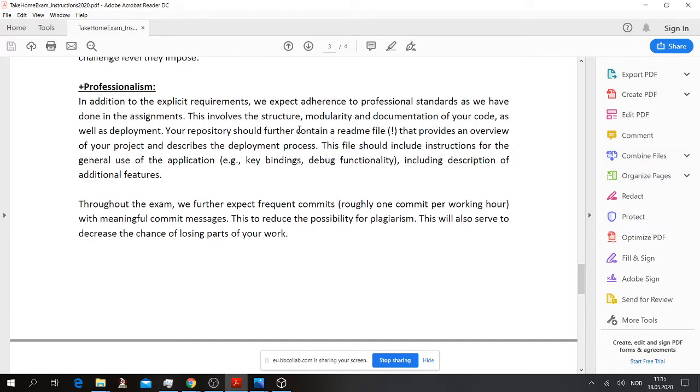Professionalism, this is the same as we've been mentioning throughout the course. We expect a professional standard in your coding, and if you do that, that will always count in your favor. Also, if you do efficient rendering, that's very nice. So these will count for all tasks basically. But it's the same thing we've been saying